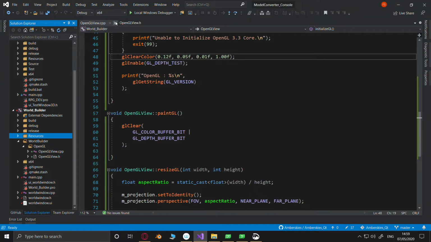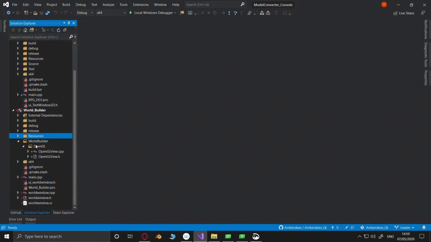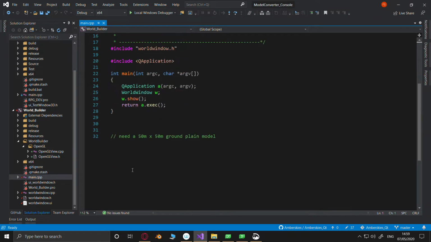Not only do we need a 3D model, or 3D models, plural, we need to select or pick a model, to either be moved or placed.